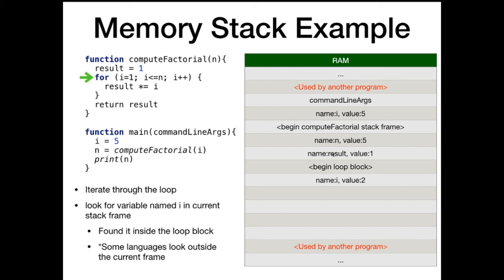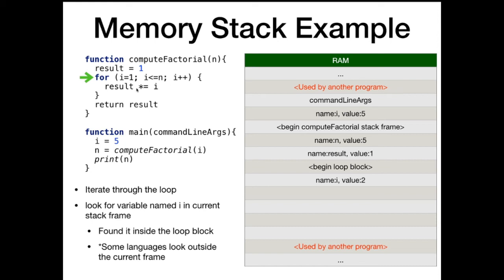Get to the next iteration of the loop, call the i++ at the end of that iteration. i is now 2. Our conditional is still true, so we're still executing the loop. Now we're going to hit this line, and result is multiplied by 2. So that's the result that we are modifying, and it's using these scoping rules from blocking. That's how the program is figuring out which variable to modify.